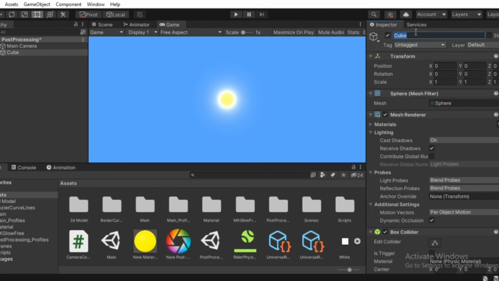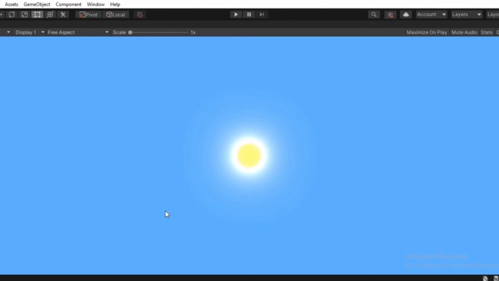This is a simple sun, like. Okay, you try more. It's looking cool. Okay,